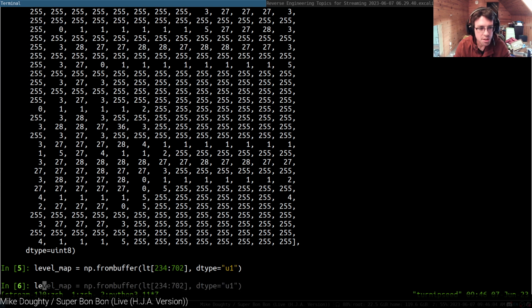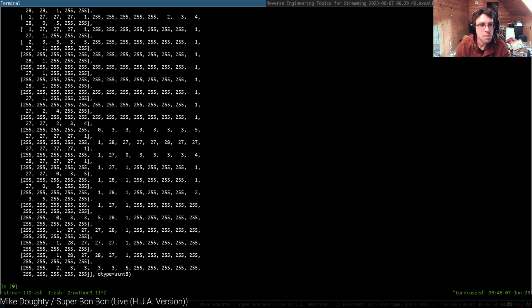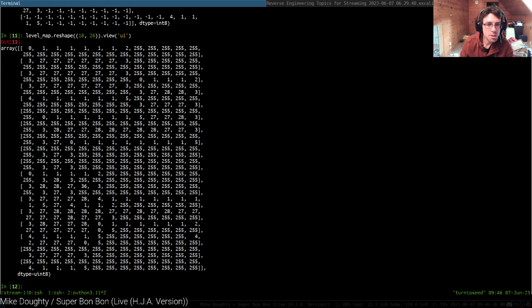Now there's more to a level than just this. But here, if we reshape this 18 by 26, and let's transpose it, you can kind of see it here, but the 255s really do get in the way. Actually, I wonder if view as I1. That doesn't really help. The minuses really do just as bad. So let's do for row in level map.reshape 18, 26